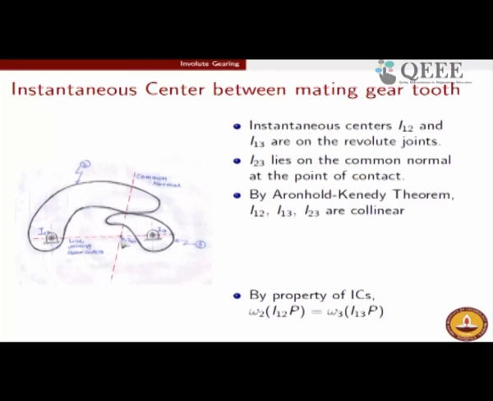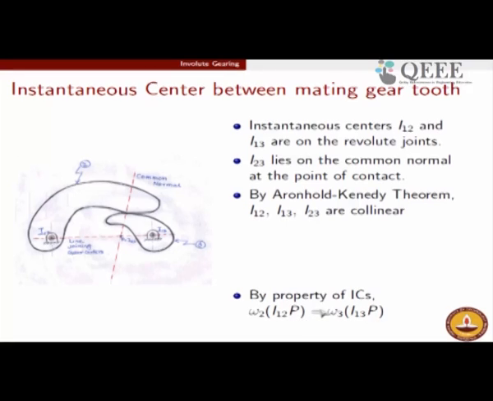Similarly, if I argue that this point P is now embedded on body 3, then the velocity of this point P should be omega 3 times I13P. The distance I13P is precisely this distance, the radius vector about which the body is rotating. So, by the property of instantaneous center, which suggests that either way the velocity should be the same, we have this equality,